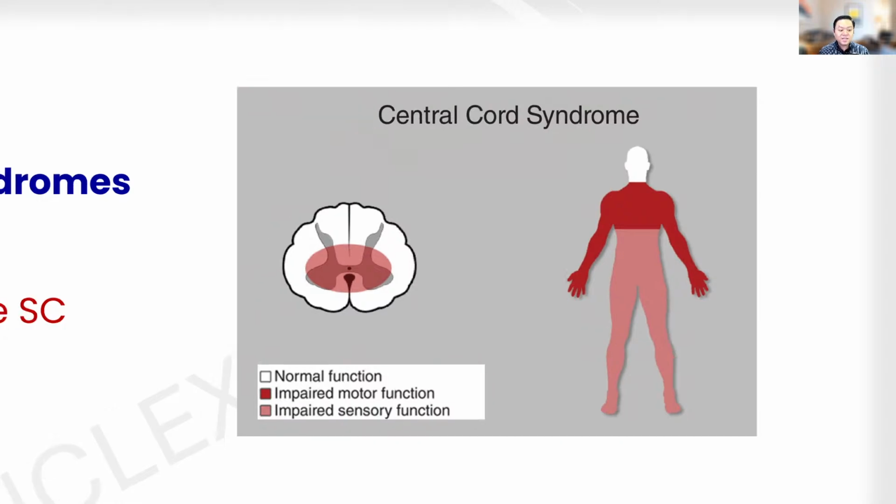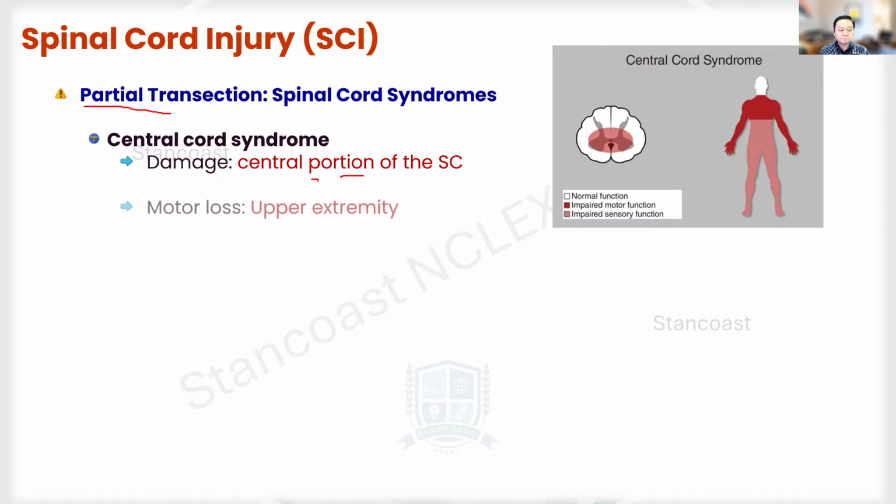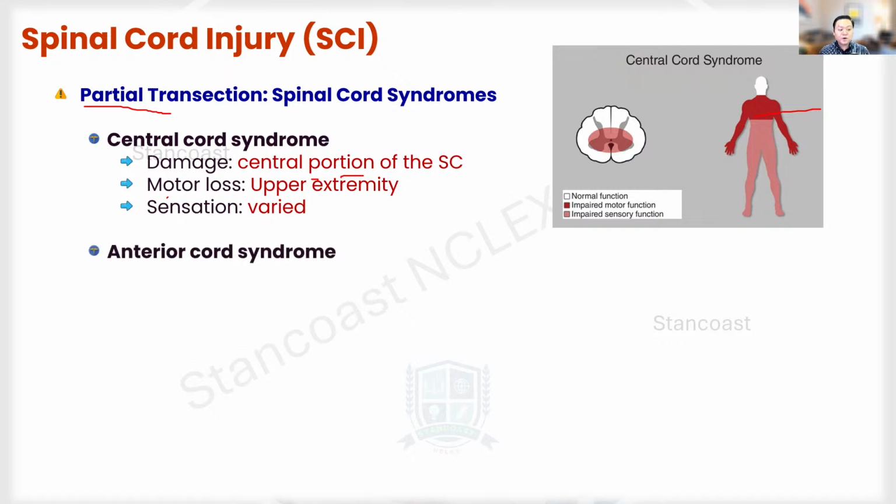Now let's talk about the next, again, reviewing the central cord syndrome. It's going to affect the motor function, specifically the upper extremity, as you see here with the red section. And then as far as the sensation, it will be varied, but the patient here will still have retained sensation for the pain, temperature, and also